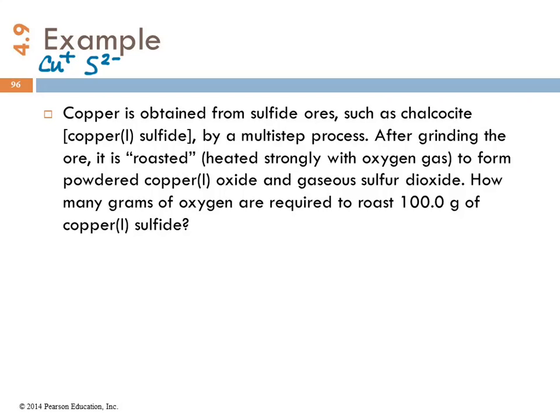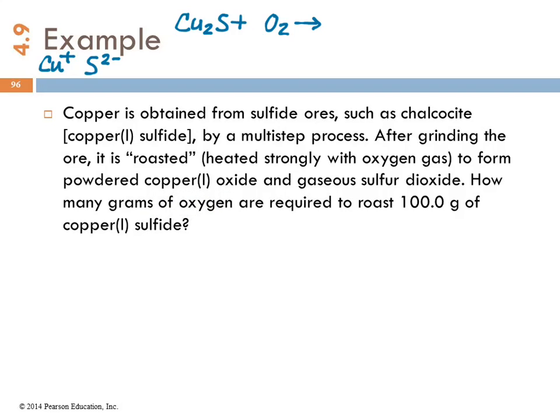So we need to identify the charges so that we can write the formula for copper 1 sulfide. So it's Cu2S. Plus, what's the other reactant? Oxygen. It's heated strongly with oxygen. So O2, because oxygen's a diatomic element, and this forms